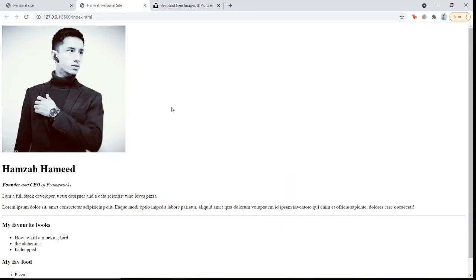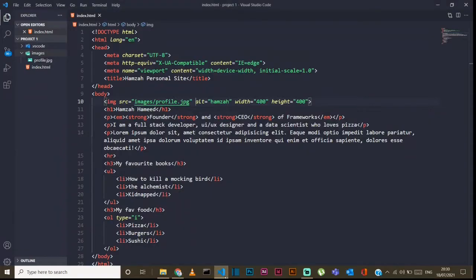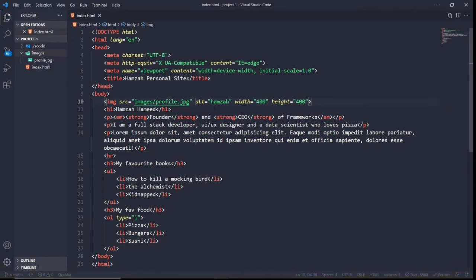So yeah, my challenge to you now would be to understand how the image tag works. Please go to W3Schools and MDN, because right now I showed you just very few attributes of the image tag like source, alt, width, height, but there are many, many, many more. So go to W3Schools, go to MDN Docs, whichever one you prefer, search for the image tag img. Of course, I have shown you this process in the previous videos as well. Read about it,